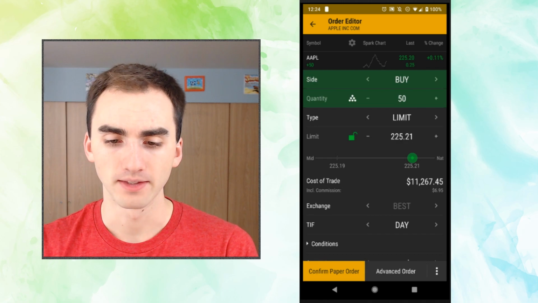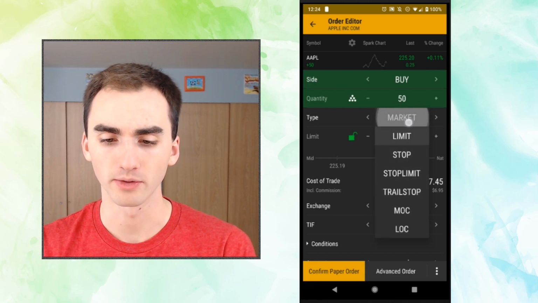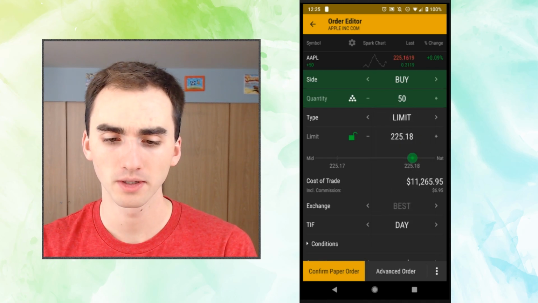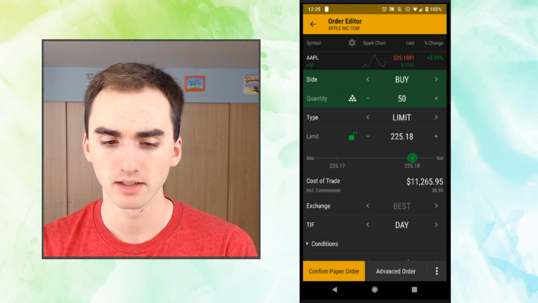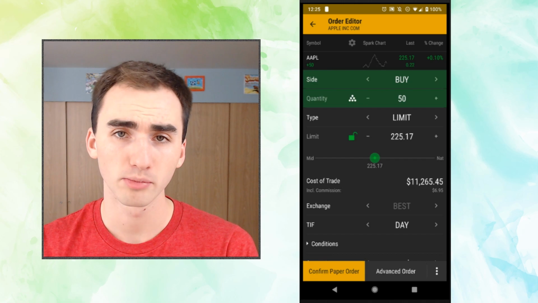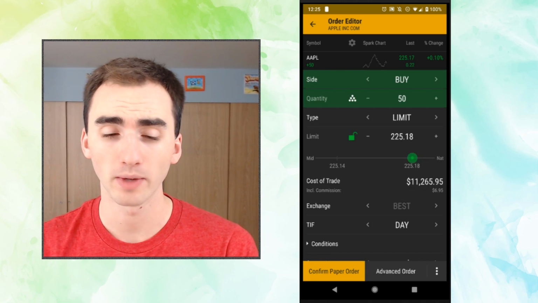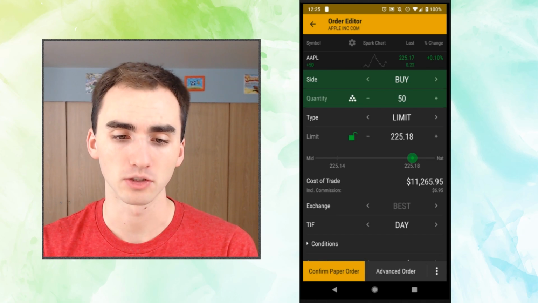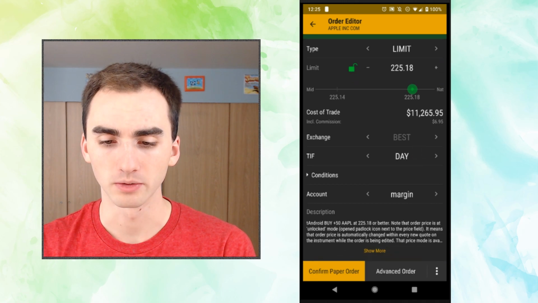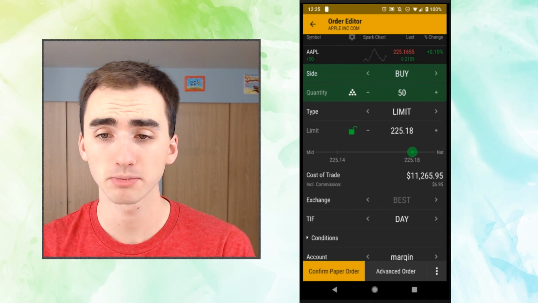Now, and then below you have the limit. You can change this. If I click and hold, I can go through the whole tab here. Usually limit's the best way to do this though, and right now the limit's unlocked, so it will change to the price that Apple is currently at, so I don't have to change that around and look at the chart to see where I need to trade. And then down lower, it'll tell me how much 100 shares, or 50 shares, sorry, is going to cost me,